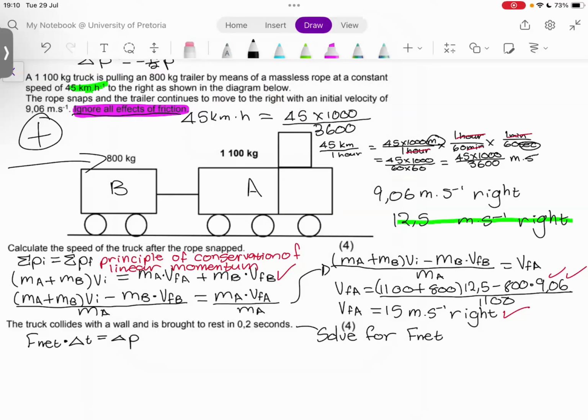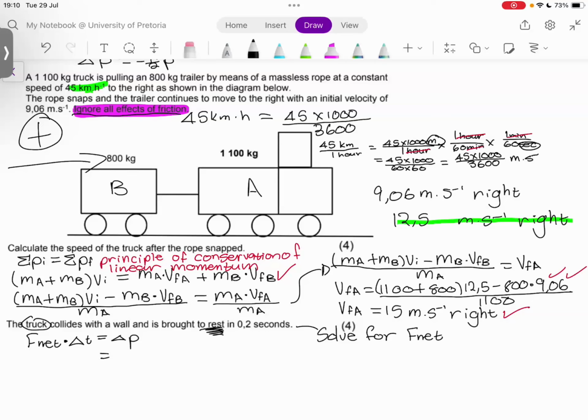Cool. Let's get to solving this question. We're going to pick it up from where I left it over here. From this equation that I've written out, I'm going to expand the change in momentum because we are dealing with a truck in particular and we are told that it's brought to rest. We're going to use this information. If it's brought to rest, that means our final velocity is 0. And our time in this case is 0.2.